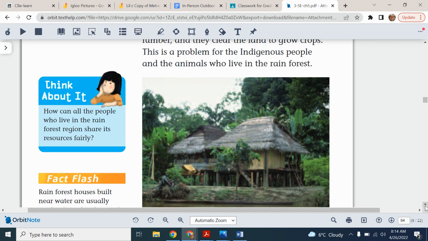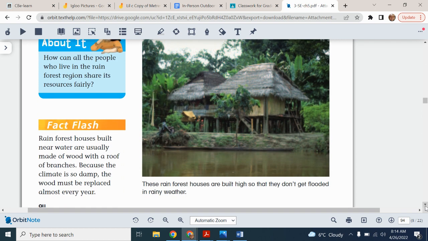And there's a picture of a house in the rainforest. Rainforest houses built near water are usually made of wood with a roof of branches. Because the climate is so damp, the wood must be replaced almost every year.